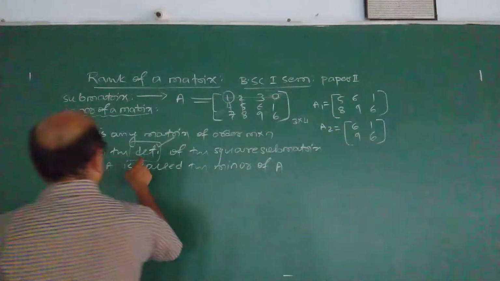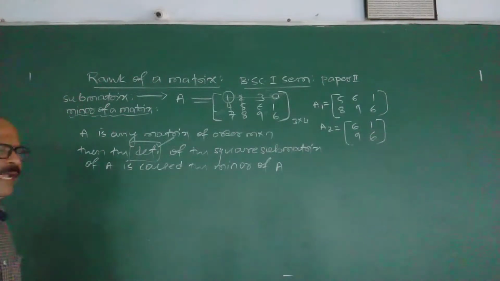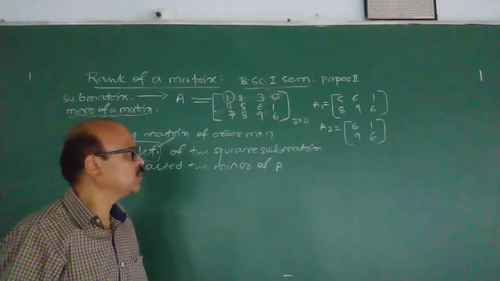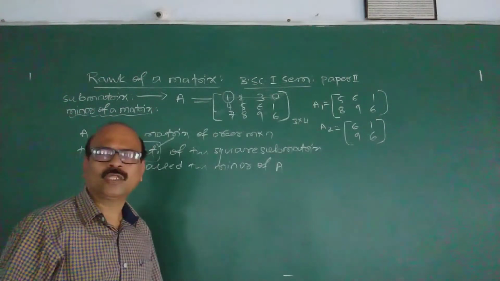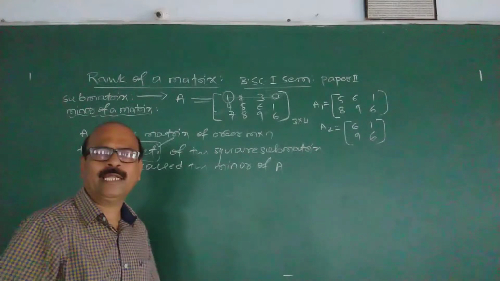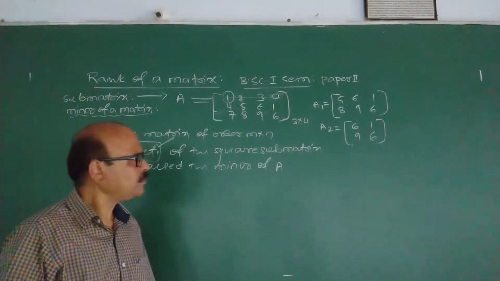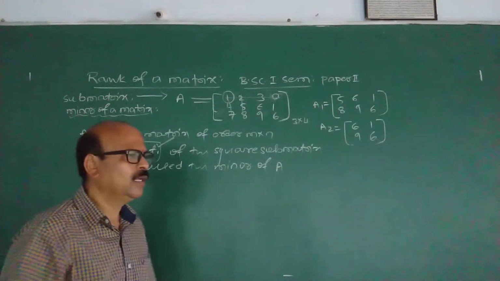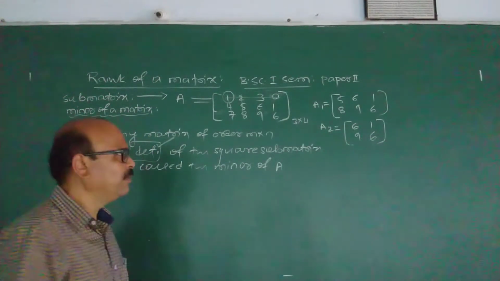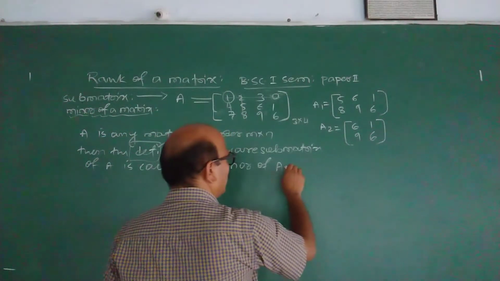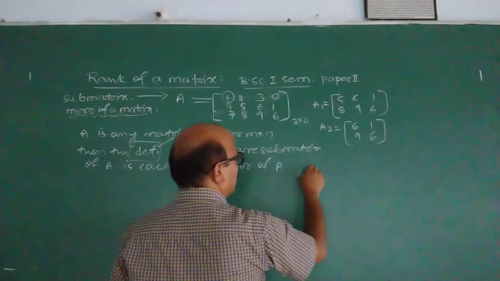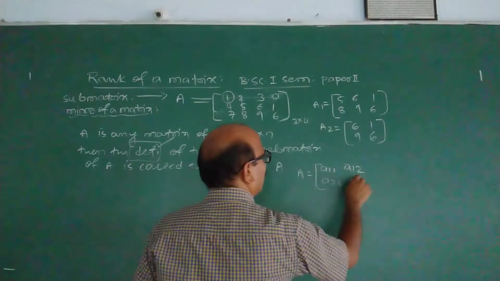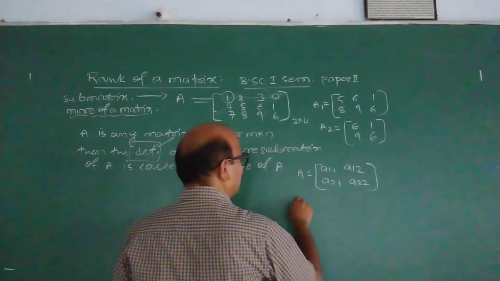Now you know the determinant of a square matrix. That separate topic you have studied in PUC classes. You have studied some properties of determinants, and you have used that determinants in solving linear equations also. So I do not do all the revisions of that determinant, but I explain what is the determinant of second and third order. Suppose A is A11, A12, A21, A22. Then what is determinant A?